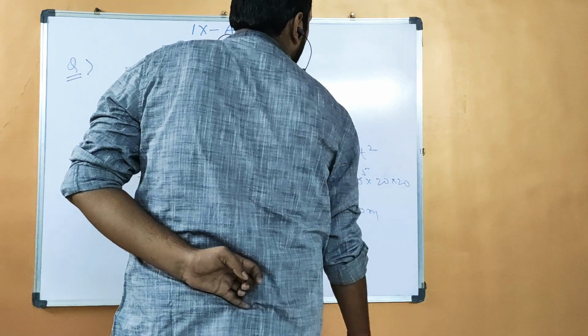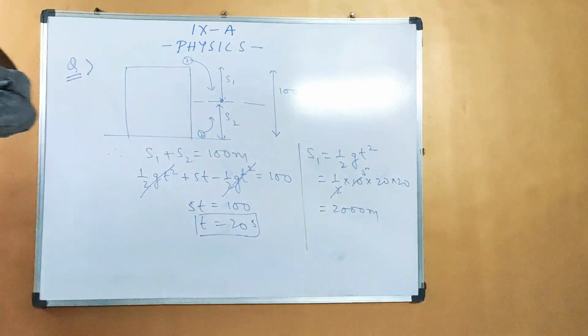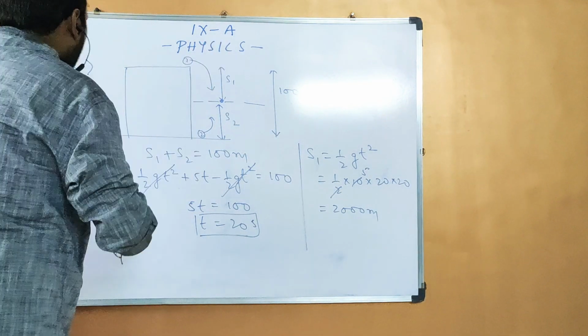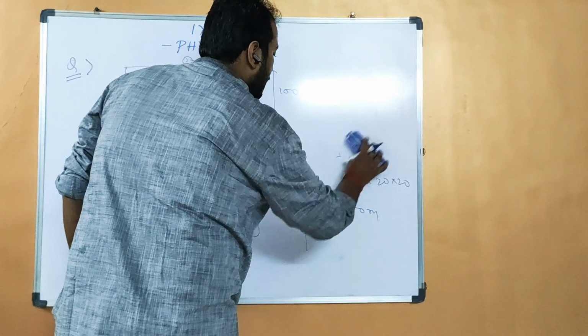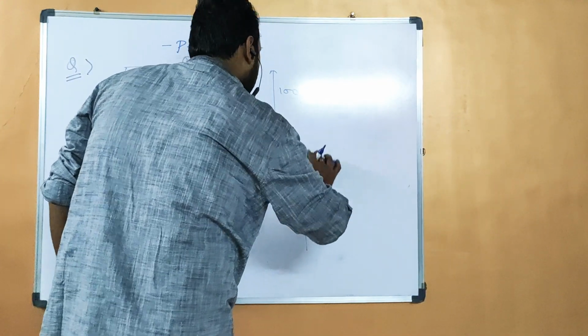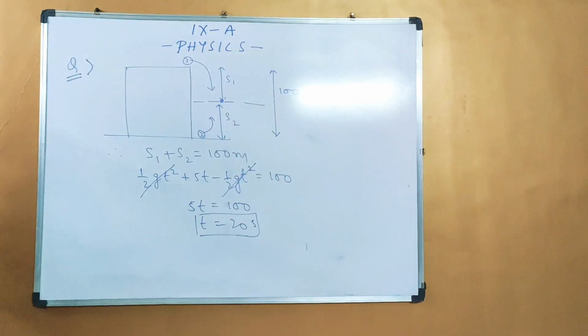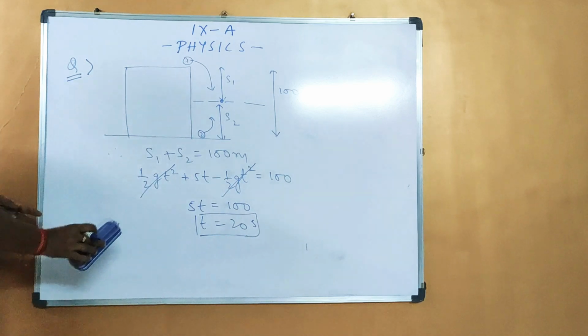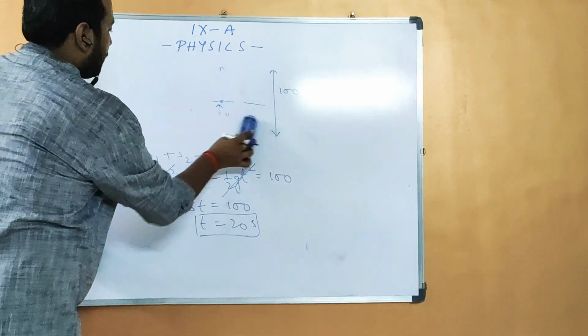20 into 20 400 into 5, 2000 meters. So it comes as 2000 meters. Or what you can do, there was no need for finding distance. The time will be 20 seconds. At 20 seconds, these two stones will cross each other. Okay? One more thing. If you are finished with this,